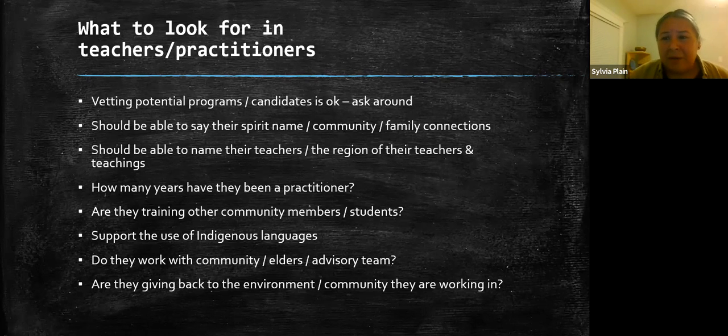Not everyone, even if you are Indigenous, can say their spirit name. So at minimum, what's your community connection, or who's your family member, even if it's just one relative. It's got to be pretty clear, because we have a couple of examples of misrepresentation and they're pretty vague on their identity. So I think you should state very clearly your ancestry. That just helps, because it brings a lot of conflict into the communities.